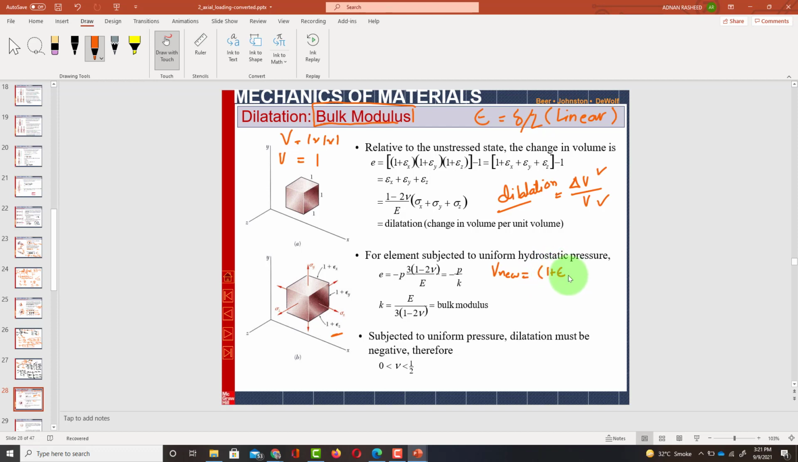1 प्लस एप्सिलॉन x, इसको मल्टीप्लाई करें इस लेंथ को, इस लेंथ को और इस लेंथ को, मल्टीप्लाई बाय 1 प्लस एप्सिलॉन y मल्टीप्लाई बाय 1 प्लस एप्सिलॉन z. जब इन तीनों को मल्टीप्लाई करेंगे न्यू वॉल्यूम आएगा. यस सर. अच्छा, फिर आपने क्या करना है, फिर आपने इन सब को मल्टीप्लाई करना है, तो आपके पास कुछ